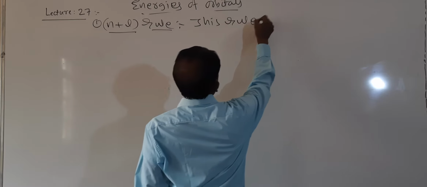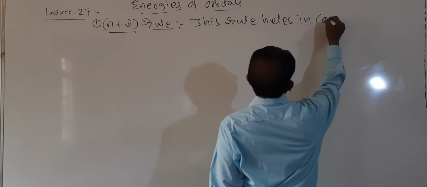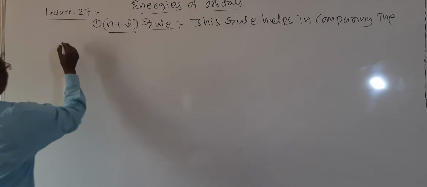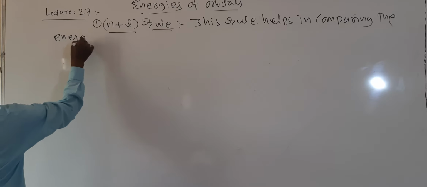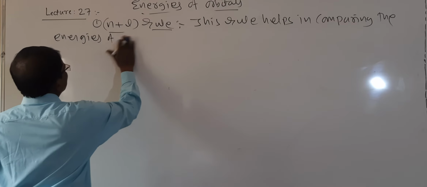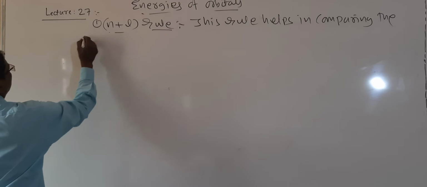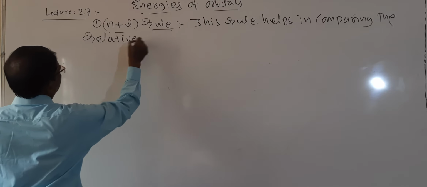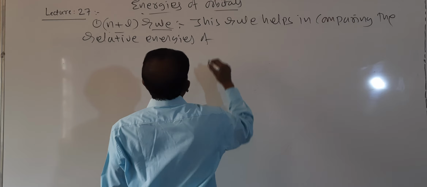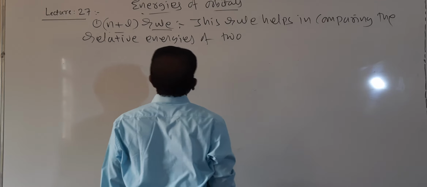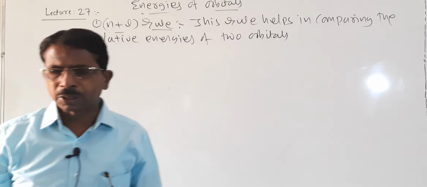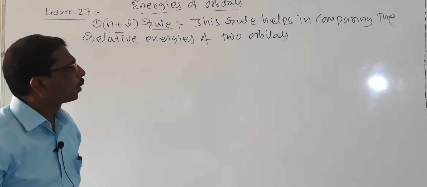This rule helps in comparing the relative energies of two orbitals, relative energies of two orbitals. So according to this rule,